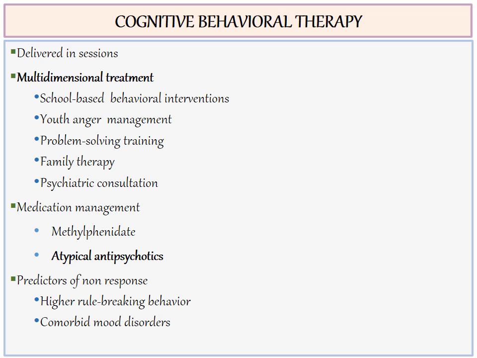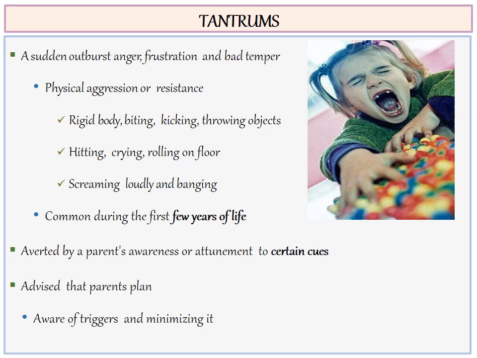Atypical antipsychotics have strong evidence for the management. Predictors of non-response are higher rule-breaking behavior and presence of comorbid mood disorders. Sequelae include disruptive, impulse control, and conduct disorders, suicidal behavior, physical injury, delinquency and criminality, legal problems, substance use, unplanned